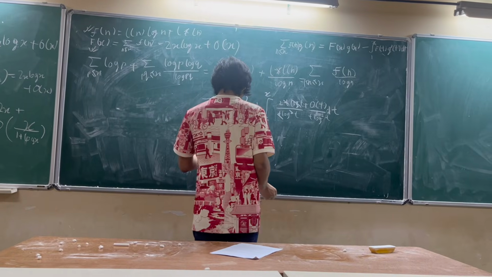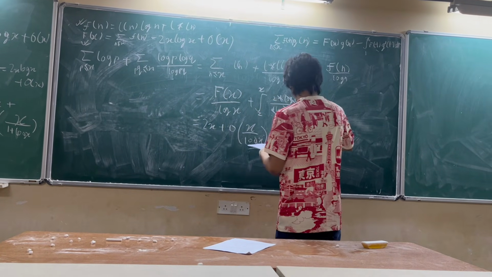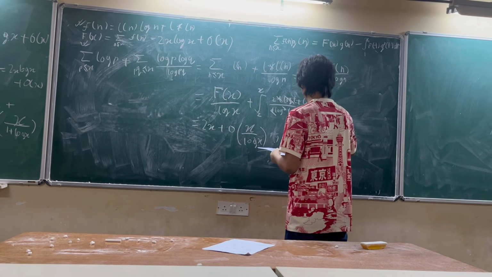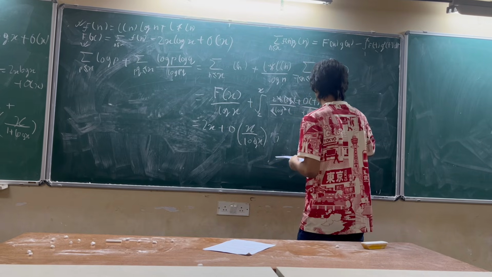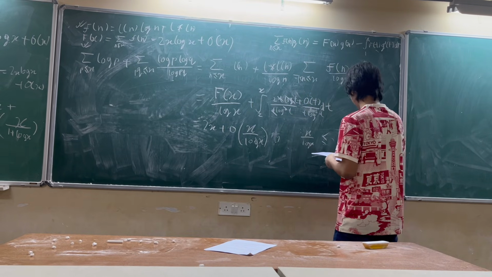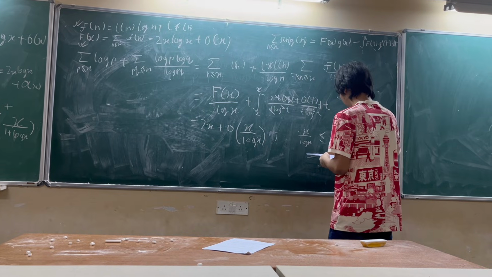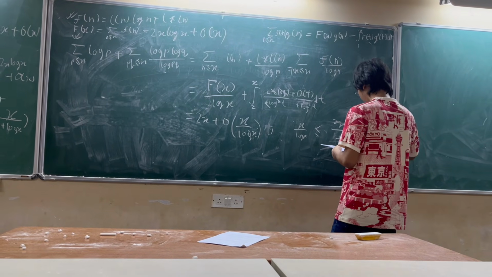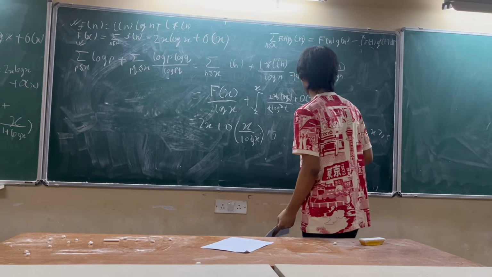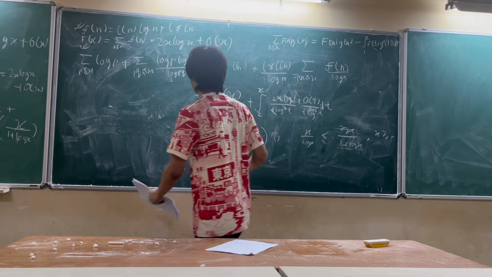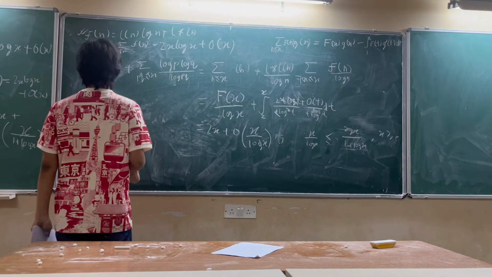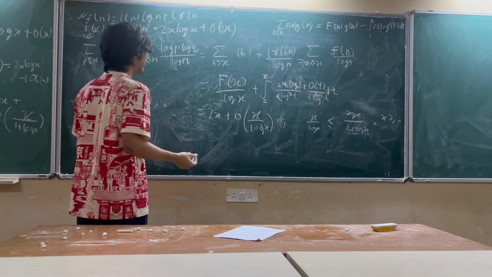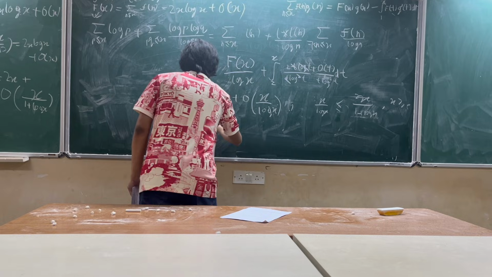So to see that, you can just see that x by log x is less than or equal to 2x by 1 plus log x for all x greater than e, and for x less than e, the only integer there is 2, and that's a negligible case. So you can directly say that